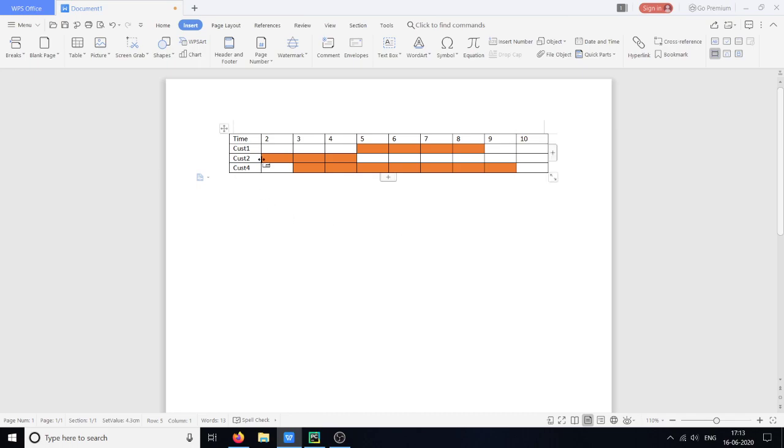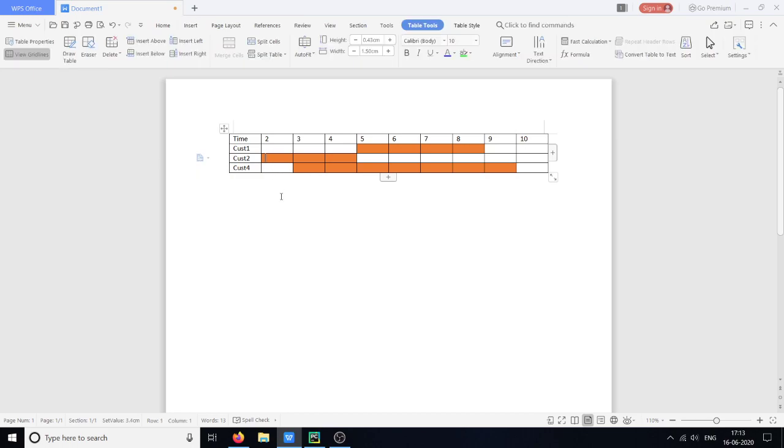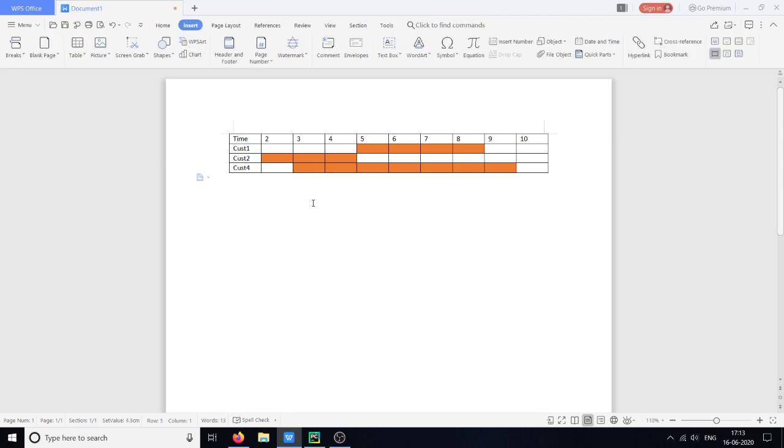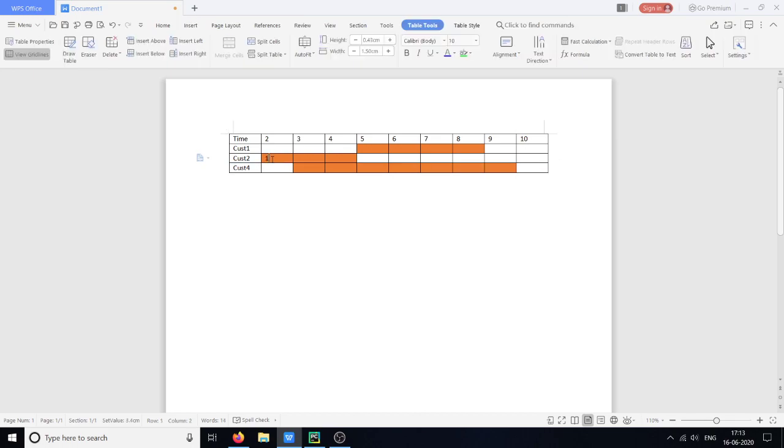Let us say, for example, at 2 a.m. there was one customer in the hotel. Now at 3 a.m. another customer arrives, so the total number of customers becomes 2 because the third customer arrived.